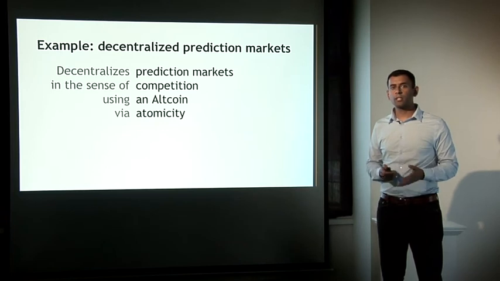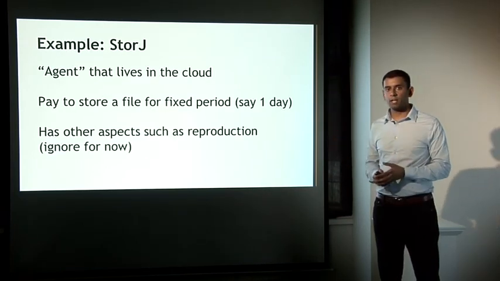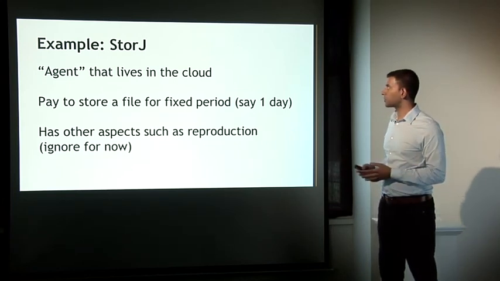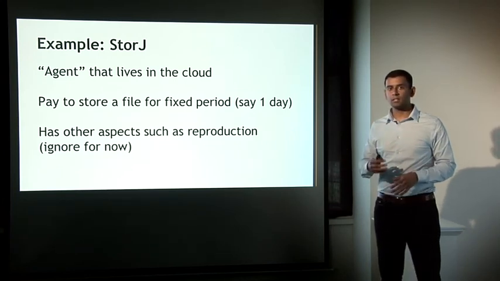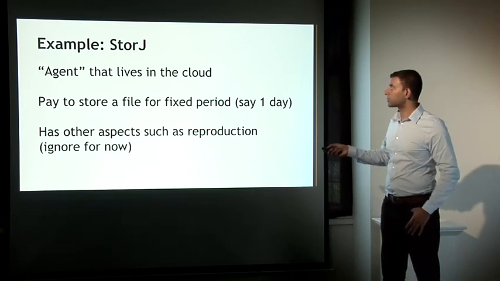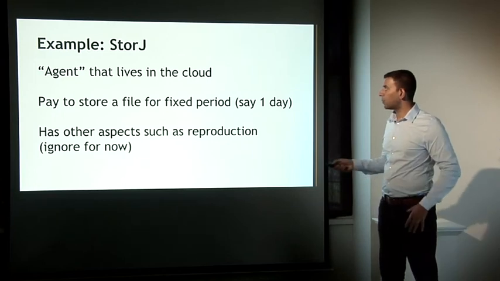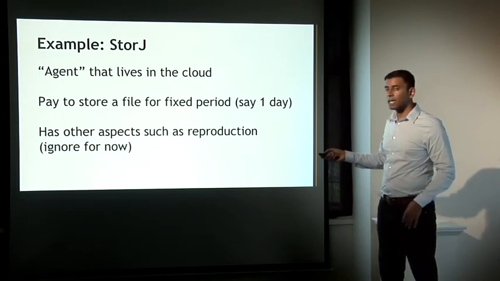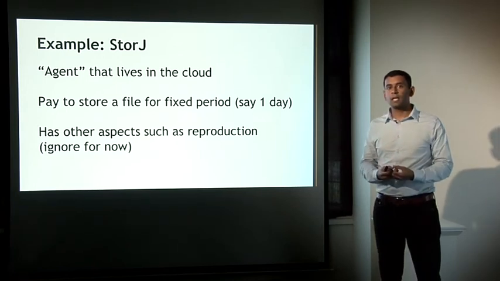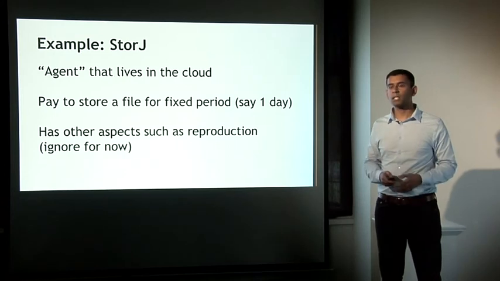Now let's look at a quite different example. This is something that's called storage A, proposed by Greg Maxwell, who claims it should be proposed storage, but I'm going to ignore that because it's going to be just confusing if I call it storage. So what this is, it's sort of an agent that lives in the cloud. And what do I mean by agent? Or at least what Greg Maxwell means by agent, is that it has some level of independent decision-making ability. It's not full-fledged AI, but it decides some things for itself.